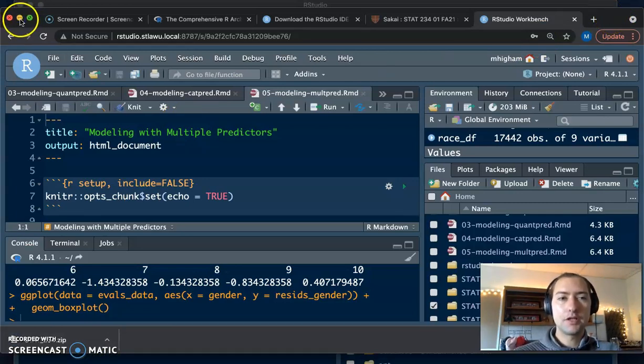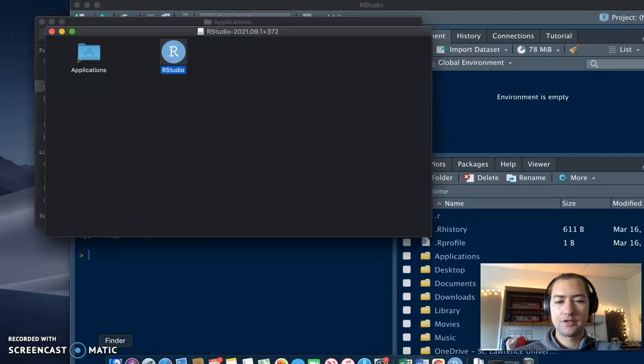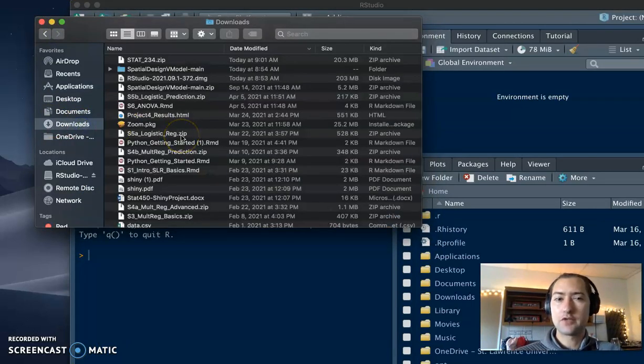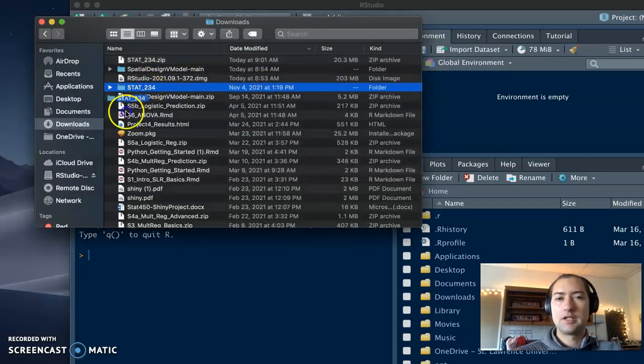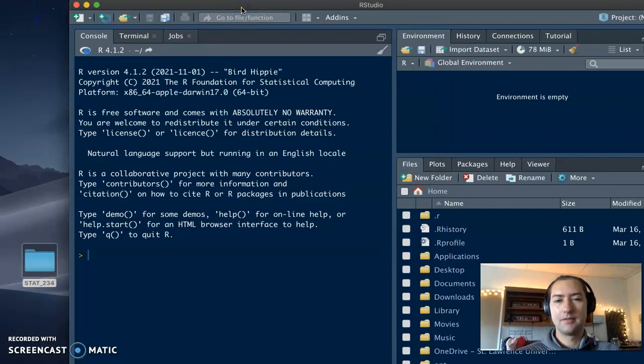And so what you'll want to do is, we're going to see the real advantages of working with our projects now. You'll want to navigate to wherever that downloaded. So in my case, it went to my downloads folder. So I'm going to unzip that just by double clicking it. And then I'm going to drag that stat234 folder, I'm just going to put it on my desktop just because it's easy to see,